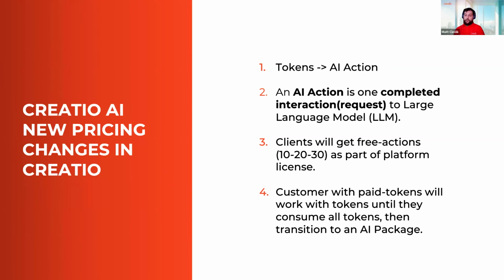So this is going to be a rather huge change in terms of the pricing, and also not only the pricing, but also the construction and usage of our skills and agents in general. And as you can see on point number 3, all of you are going to receive 10, 20, 30 actions per license for the platform. Those are, let's say, our gift from us to you for one-time use. This is not yearly, but once they are utilized, then we are going to